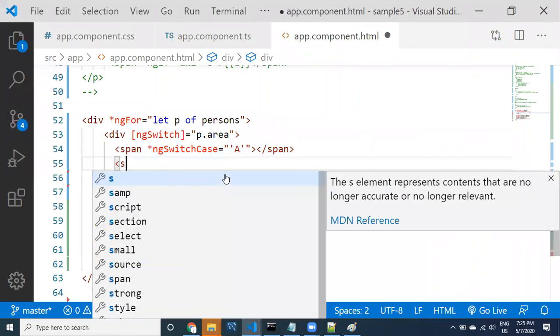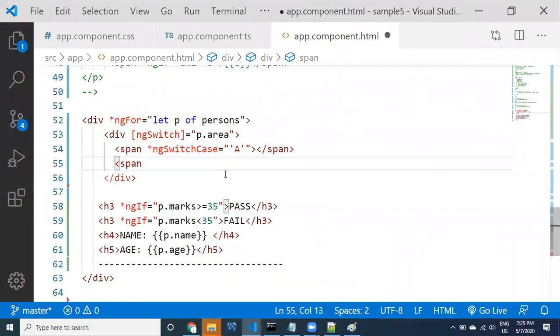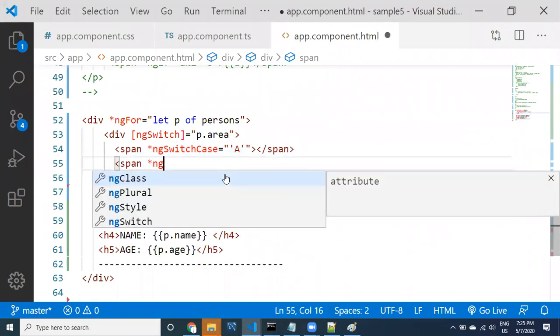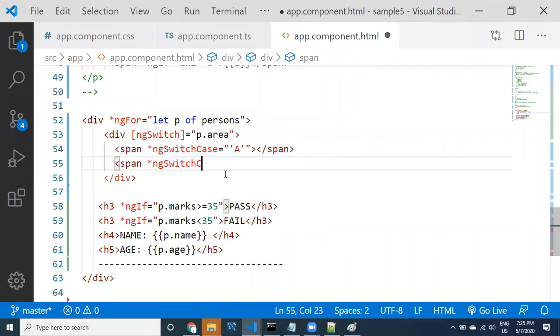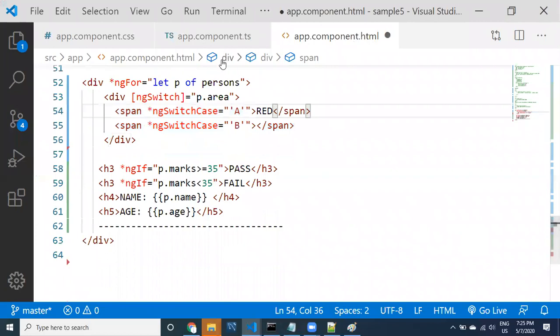So let us look at it, guys. Span, ngSwitchCase. If it is area A, what is this? Maybe red zone. Here red zone, green zone, orange zone, very popular, right?